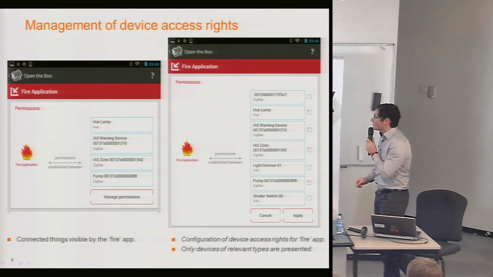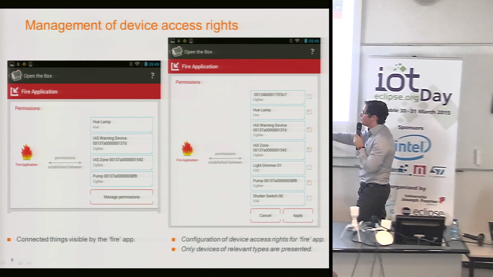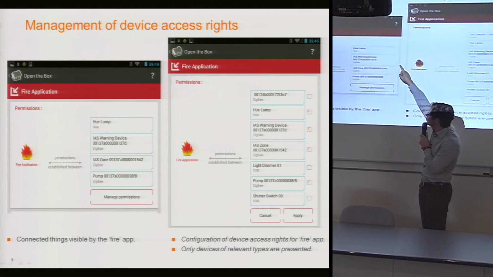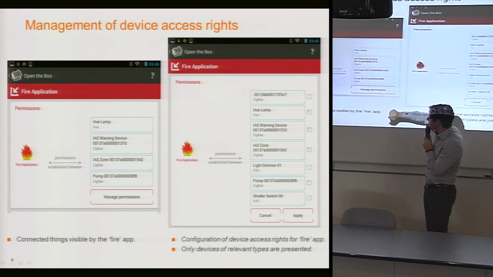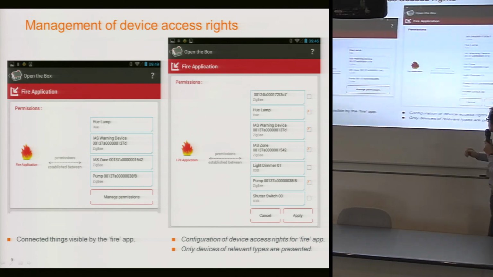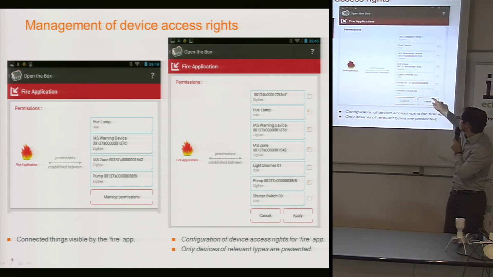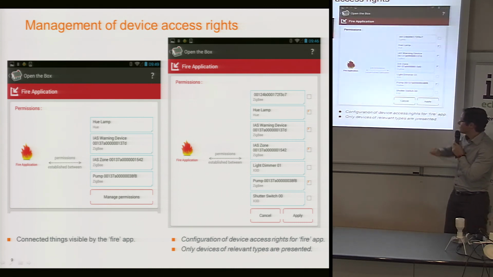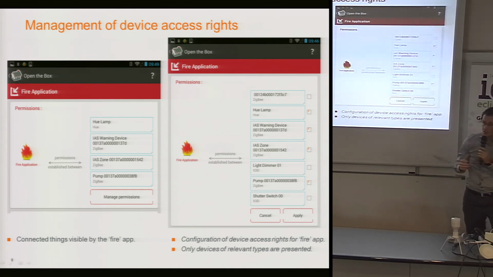Then to manage access rights, we see here that the fire detection application has permissions on some U-Lights and some Zigbee devices. And if we want to manage the permissions, the user sees that he could also give access rights to other devices for this application. We see here that we don't see all the devices that are in the home.